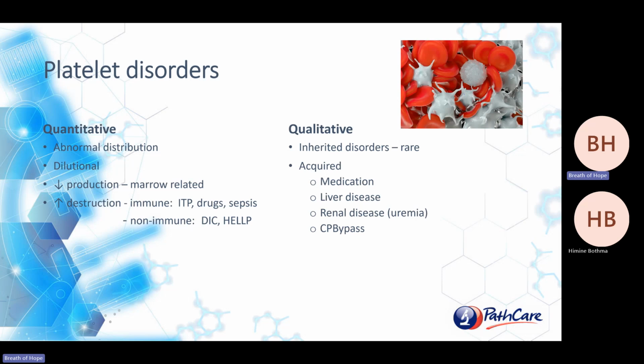Okay, some of the platelet disorders, again, you can divide them into quantitative, so low platelets or thrombocytopenia. This can be a result of abnormal distribution of platelets, dilutional, as we said, after massive transfusion, but that would usually be transient. And then it could be due to reduced production, so something wrong with the bone marrow and it's not producing platelets adequately, or increased destruction, which would be what you commonly see in the hospitals, immune-mediated, which